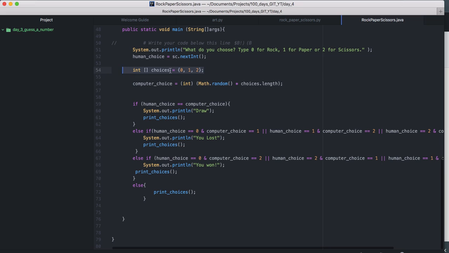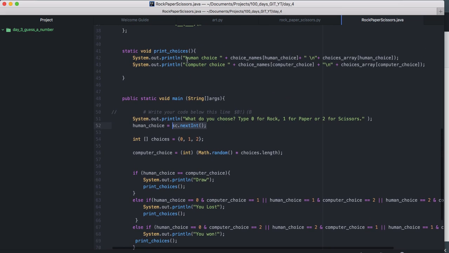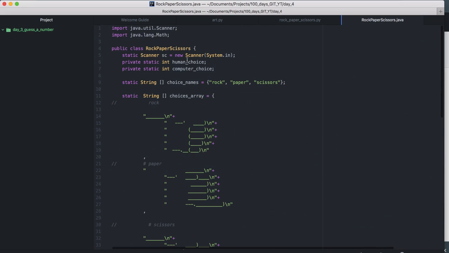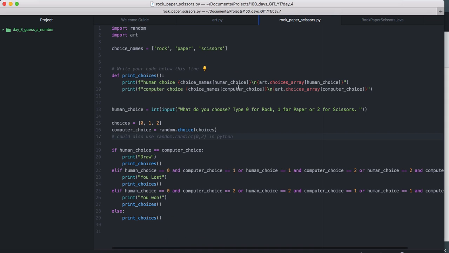We're picking up our integer arrays. These are the choices that your computer is going to make, so they're going to be random. And we also had our prompt as usual, same stuff as Python, only that we use System.out.print. In Python, we say print, just print, like that. And then we take our input using the scanner, right? Scanner.nextInt. You probably have noticed that we already instantiated this scanner somewhere up there. And we remember we said last time we were going to talk about static, so that's what we're going to do today. But before we do, let's come down and see what happens after we pick up our number.